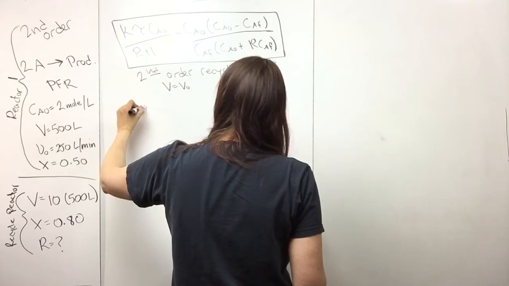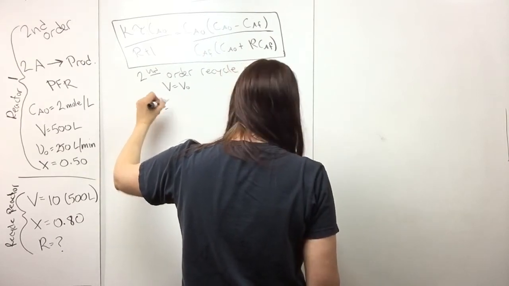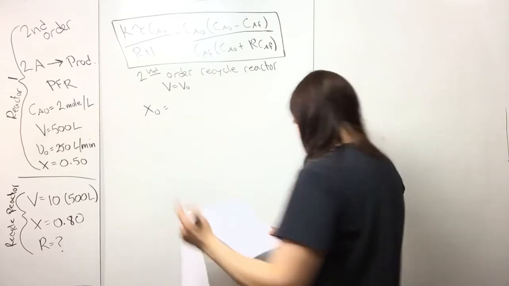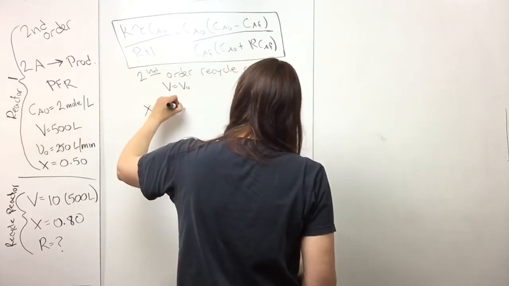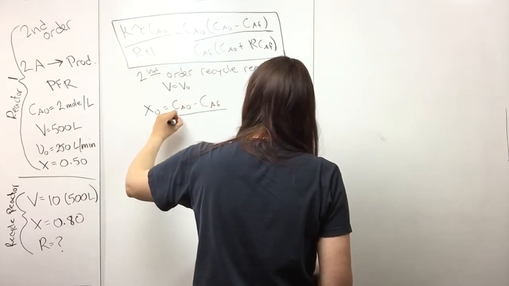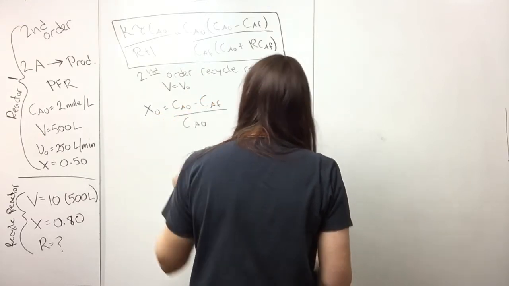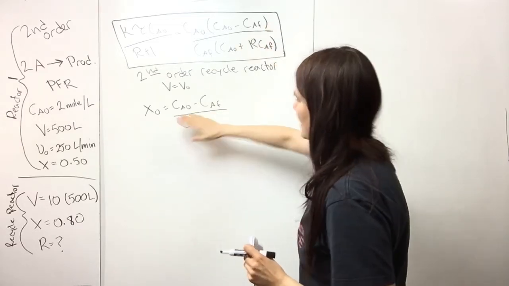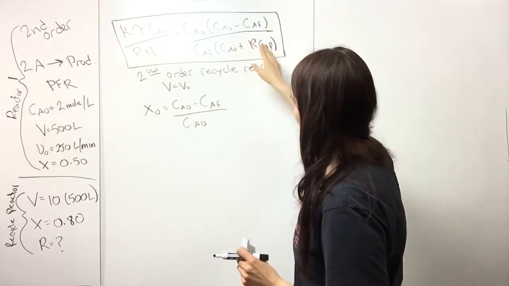So we know that X is equal to CA naught minus CAF over CA naught, and I'm going to go into this in more detail in a minute. I'm just giving you the method real quick. So then you can solve this for CAF, plug it in here, and then you know that X is 0.8,